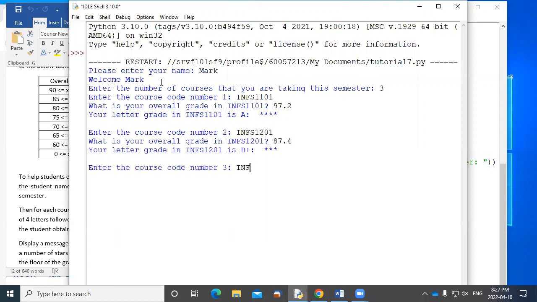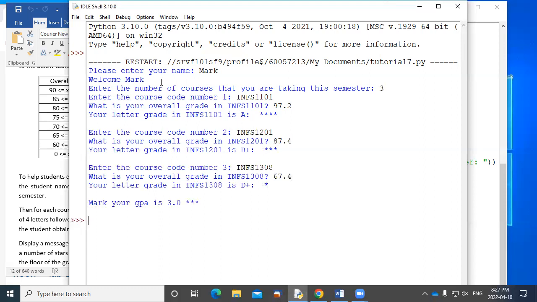And we got another number, and that'll be a C, I guess, D plus. And then we get our GPA. Easy peasy?